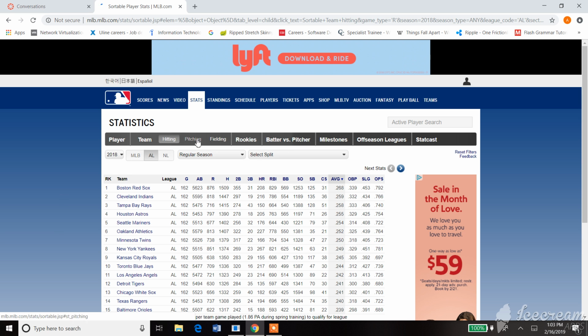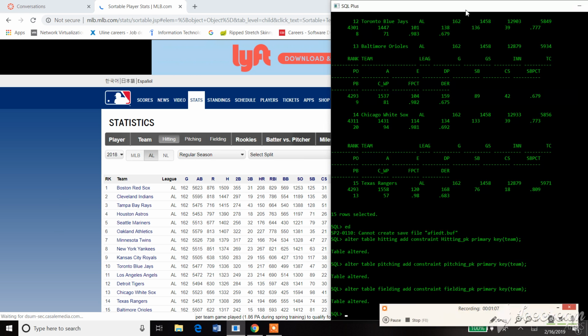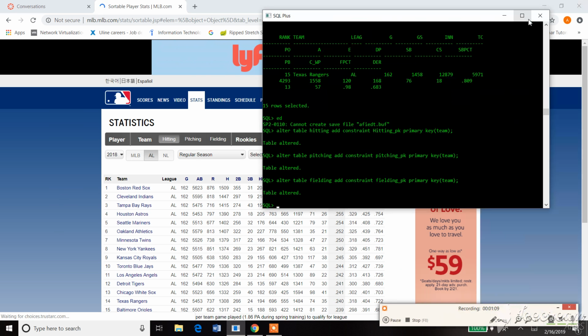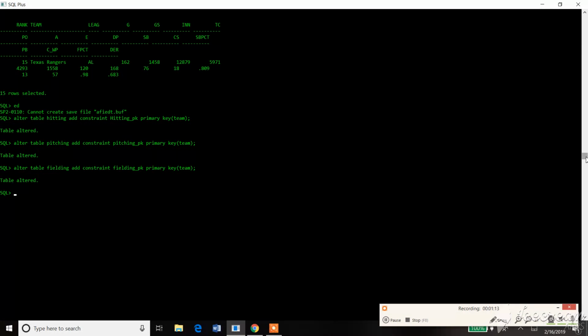So with that being said, I took the data from these three stats and populated it into a table over here. And these can be very well. Before I show that, I'll show everything that I did up here